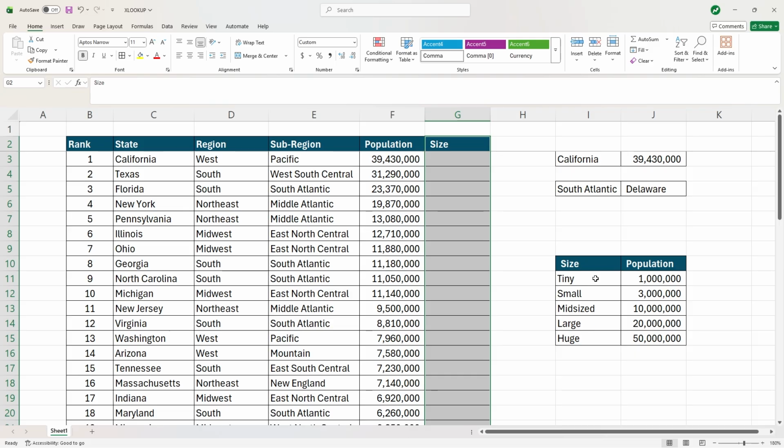So basically the gist is a tiny state is one with a population of 1 million or less, and then up to 3 million is small, up to 10 mid-sized, up to 20 large, and anything greater than 20 is a huge state. So starting with California, we can figure out its size by clicking into cell G3 and